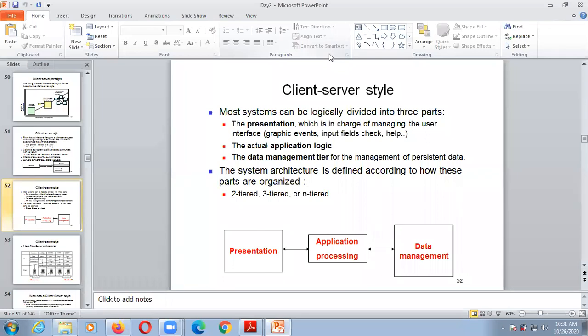The actual application logic is included in application processing. Data management is for the management of persistent data; here we manage the database at the data management tier. So that architecture can be two-tier, three-tier, or n-tier architecture.